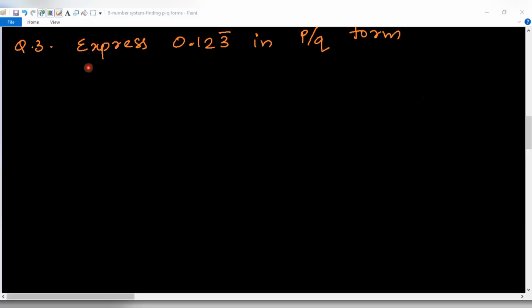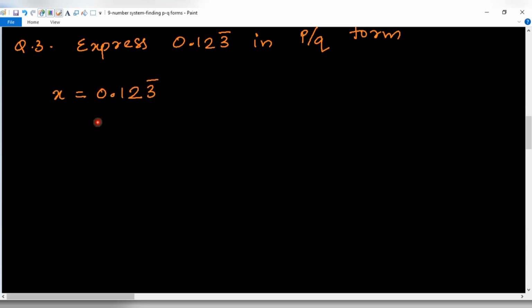This is the next question. Express 0.123 bar. See, that bar is only over that 3. Okay, this is the given number. We have to express it in p by q form. So first we will take it as x. So x is equal to